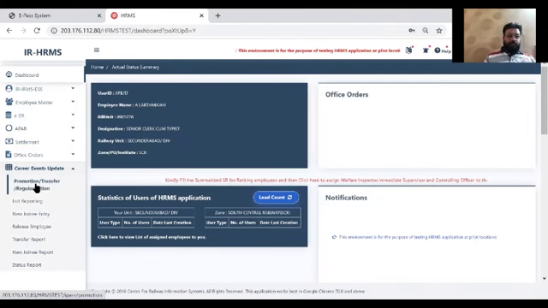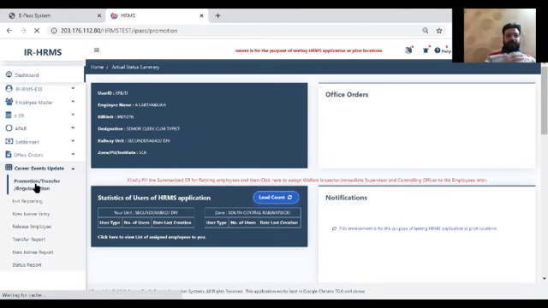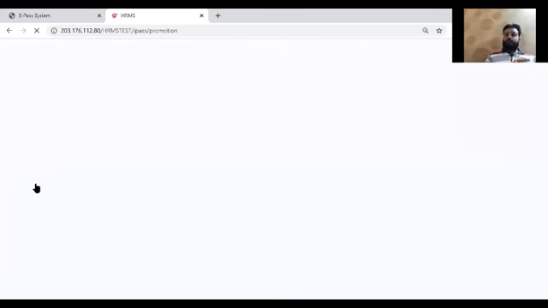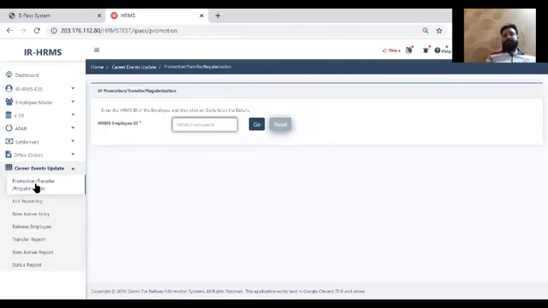One thing we have to note: promotion and transfer cases are handled here. In case of new joining, where employees have joined, gone on training, or completed probation, the posting information will be captured from the same place. So the office order for new joining will come to the new joining entry. But at the time of giving them temporary status for substitute or regularizing them, we'll go to the promotion transfer regularization stage. So this option is common for all three types.